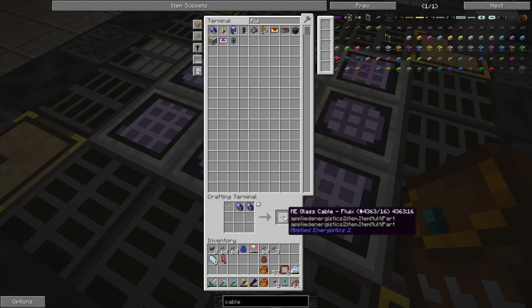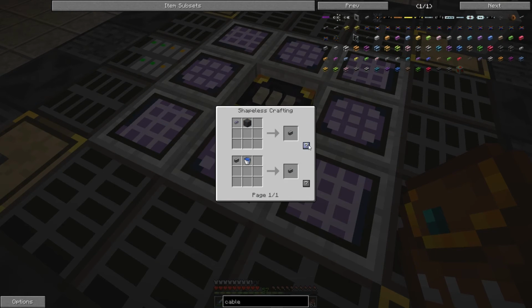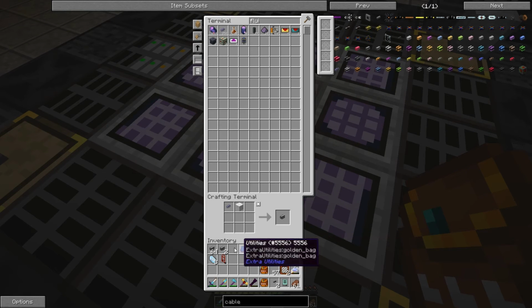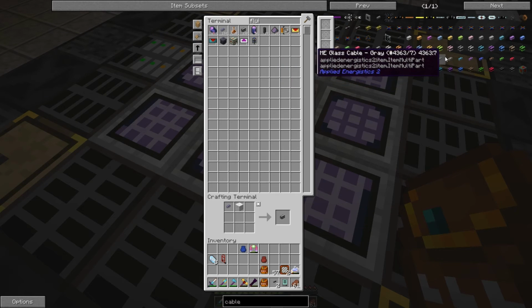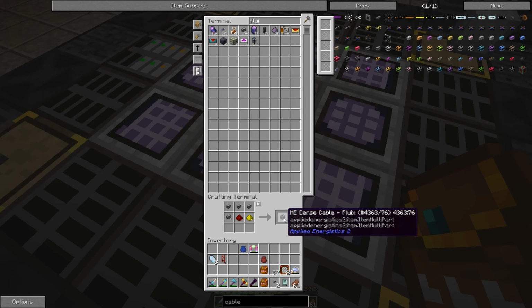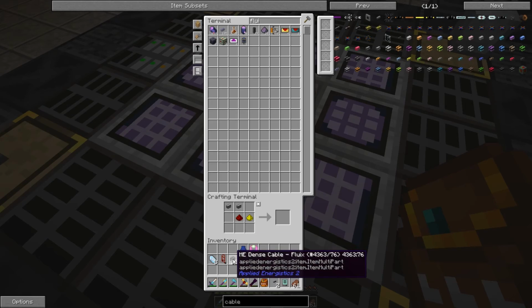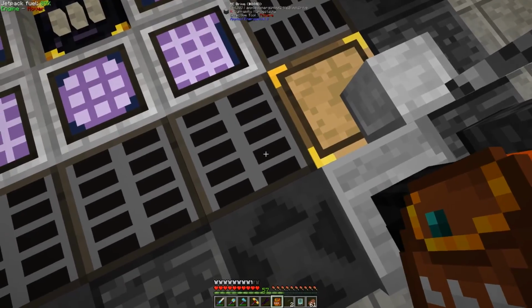Let's give me some of that. I think that's enough cables for now. Alright, so now we're gonna make this. Give me like a stack, 2. There you go, 2 stacks would be enough. And then we're simply going to go for the dense one. So it's 4 of the small one with this one. You see? Only 32. That's not a lot. So what I do want to do,